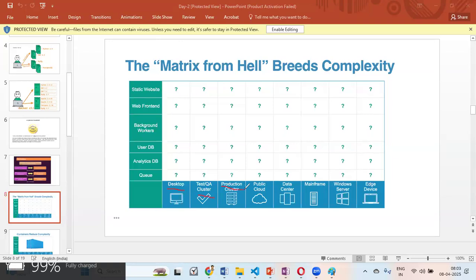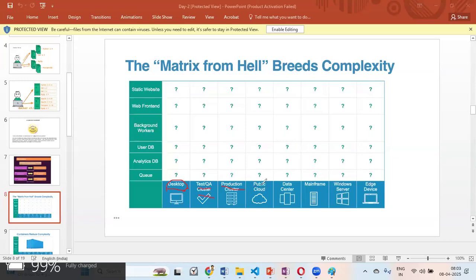Let's assume this desktop is an individual user's laptop or desktop, and then QA servers, and the production cluster, that means the main servers where you are hosting the application and making external users access it.